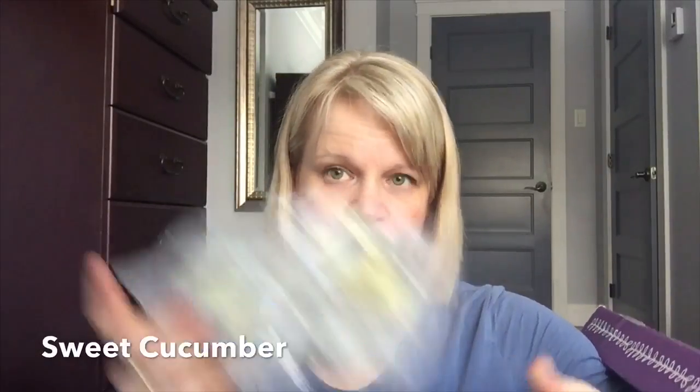So the first scent is Farmstand Pumpkin. Scent number 2, French Lavender. Scent number 3, Tingelo. Scent number 4, Orange You Glad. Scent number 5, ooh, this is a big one, Sweet Cucumber. And scent number 6,